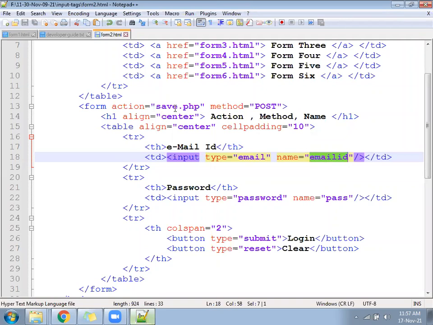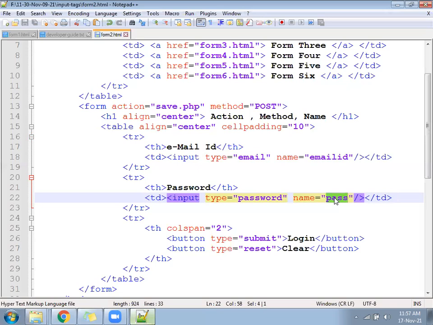This backend language will receive two variables, and inside the variables it will find the values. Take the value and either store it in a database, send an email, display it to the user, or do anything else. That is what the backend file is going to take care of. Then what is the meaning of action? Action defines the name of the backend file where you are going to submit the data, where you are going to send the data which you have collected from the user.